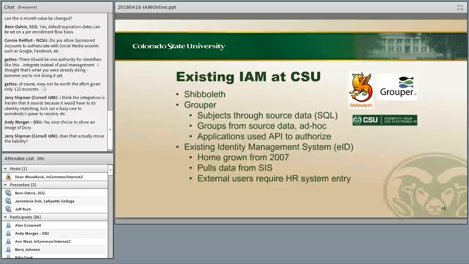And interestingly, prior to this project, all of our authorizations to applications were being done through an API, and that changed as part of this project, so I'll talk about that in a little bit. In addition, we've got our CSU EID, which sounds a little dated, and it is, and it's our homegrown identity management system. It pulls data from the